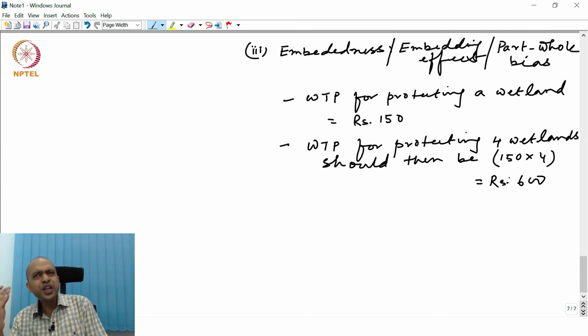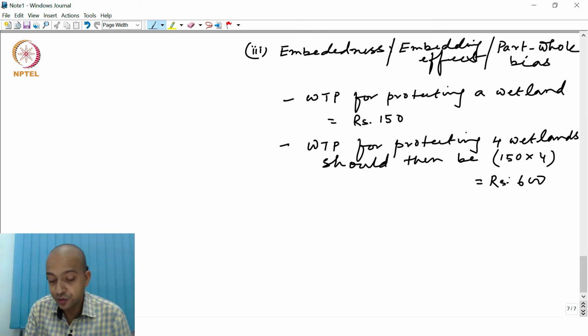I asked the respondent, what is your willingness to pay for protecting one wetland in, let's say, your neighborhood area? So he says 150. Now I am asking, okay, you are ready to pay 150 rupees for protecting one wetland. Let's say in your locality there are 4 such wetlands. So following this logic, his willingness for 4 wetlands should be 600 rupees. But in reality, a big but, in reality,